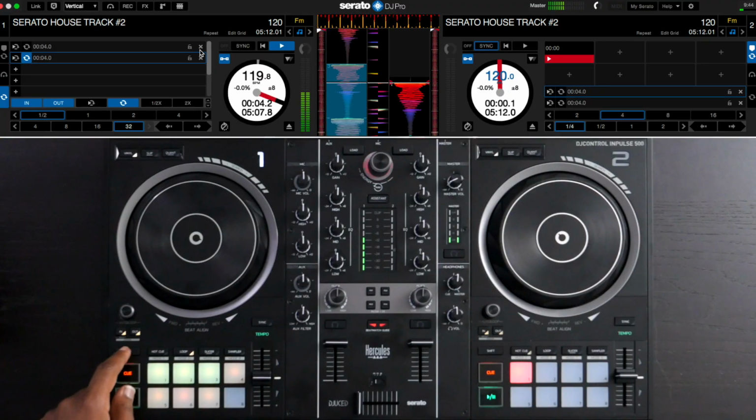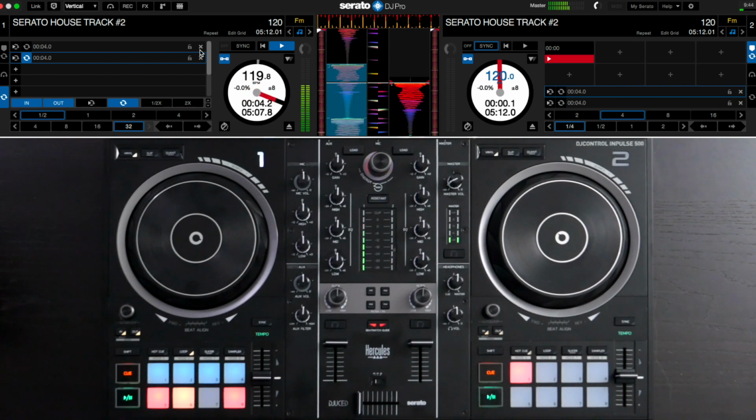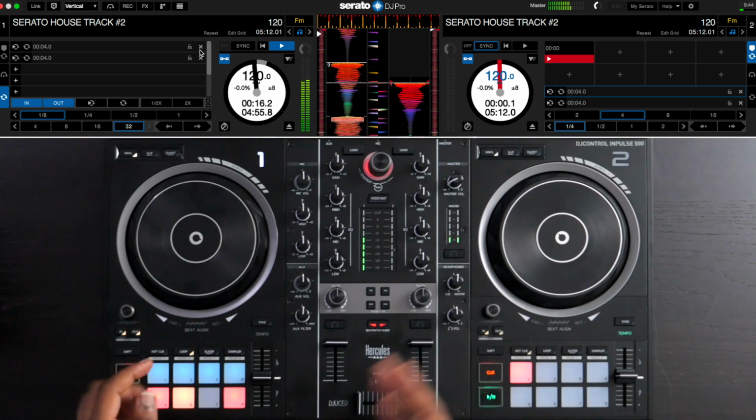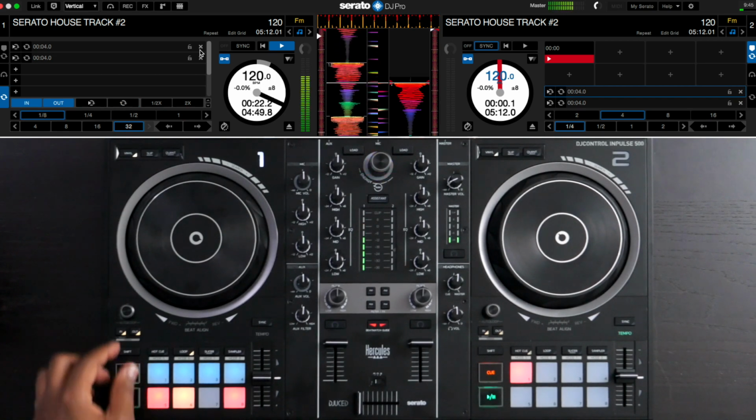All right, so let's talk about the loop section on the controller. Now, if I hold down Shift and press loop, this will get me to my loop rolls here. Right, so using those pads there for the loop rolls. Remember again, you can change the size of the loop rolls by using the encoder knob here. Very easily,